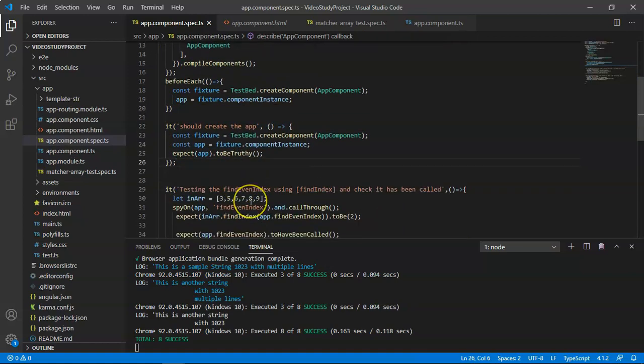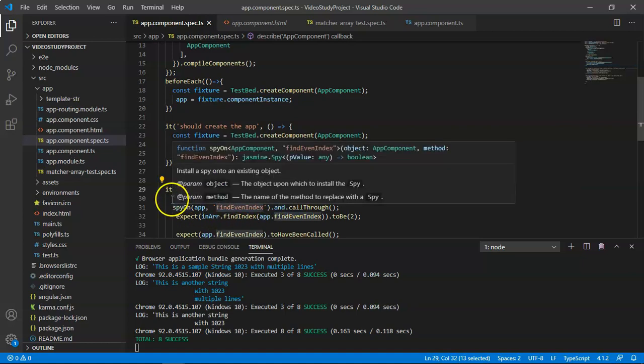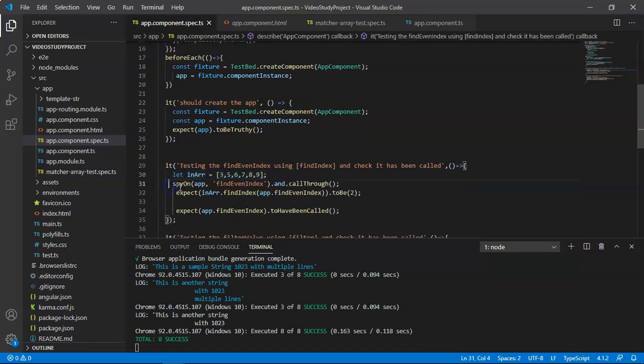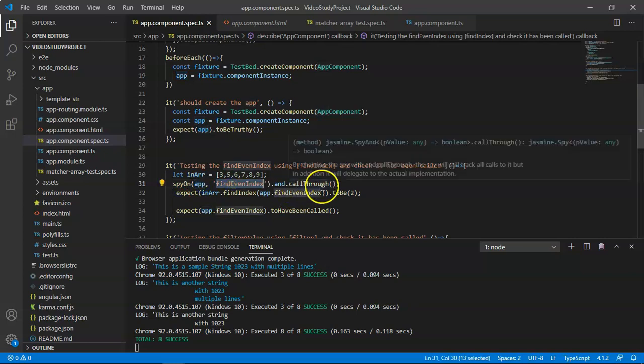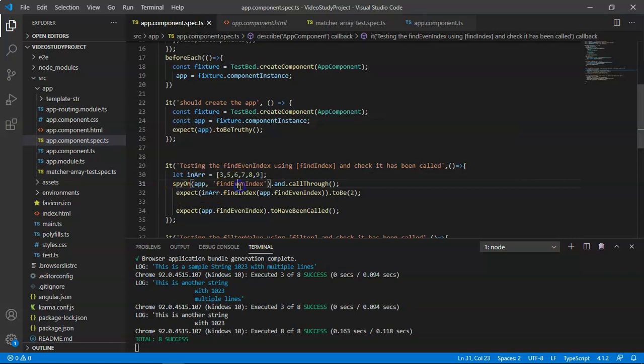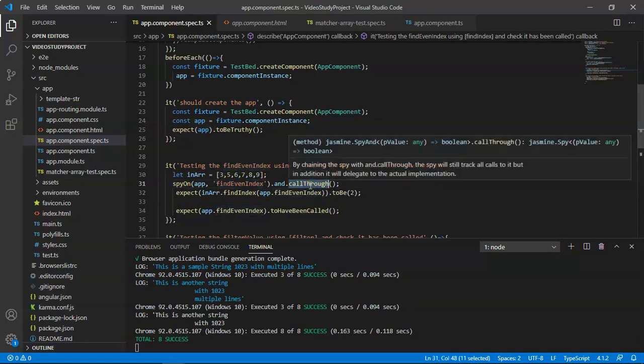Now coming to the first method, findEvenIndex. Here I have created an array 3, 5, 6, 7, 8, 9, so sample values. Then I have created spyOn app findEvenIndex and callThrough. So this line will spy on findEvenIndex and it will call through. That means the original method will be called.